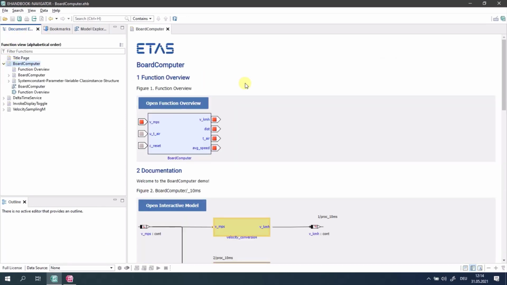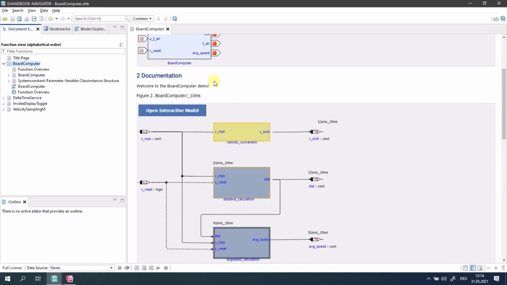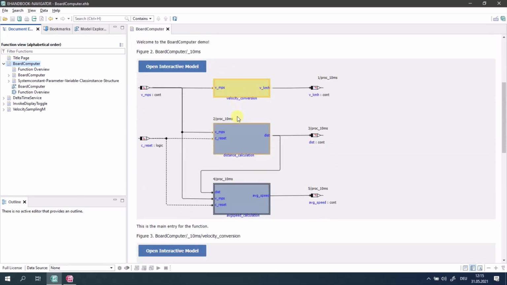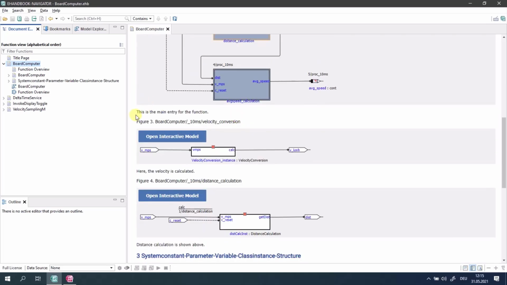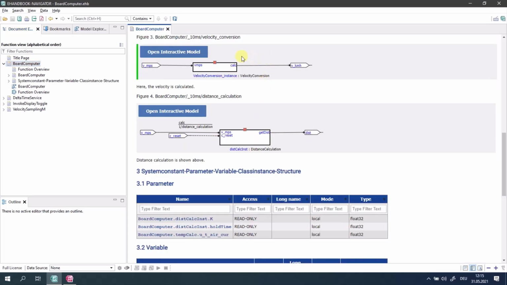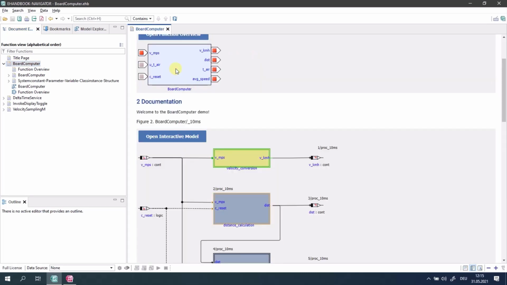After regenerating the eHandbook container, the ECU function documentation now contains the corresponding screenshots as well as the textual description. Note that the screenshots are also interlinked so that you can navigate between them. Or you can open the interactive model.